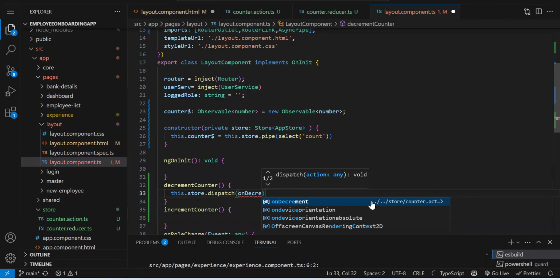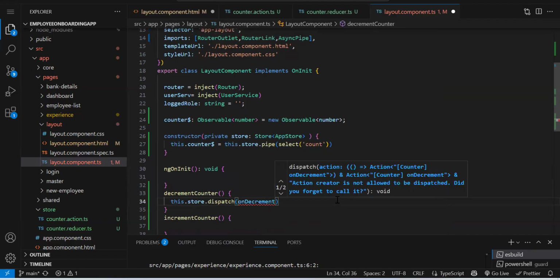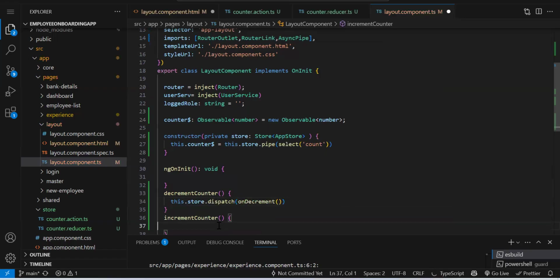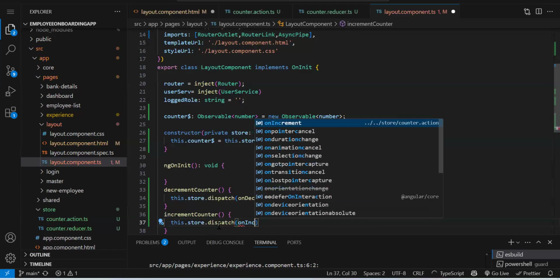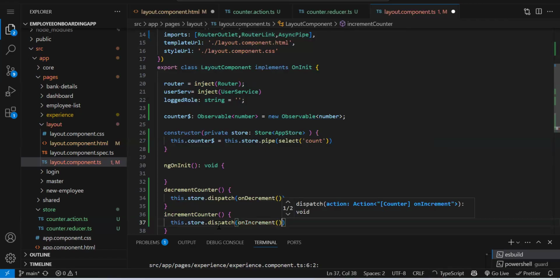Okay, so it is coming from action. That action you need to provide, but you need to execute it. And over here, this.store.dispatch, on increment we will execute.